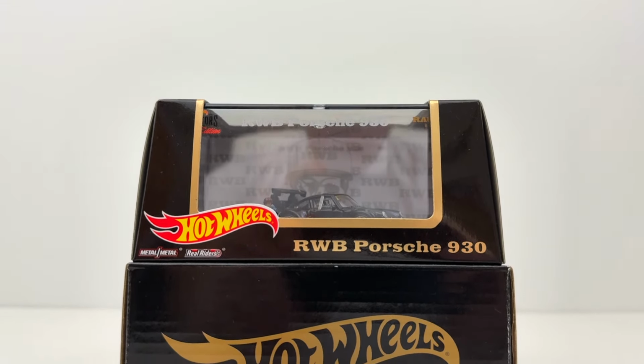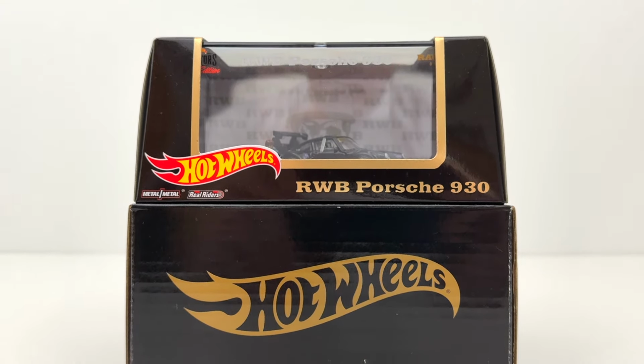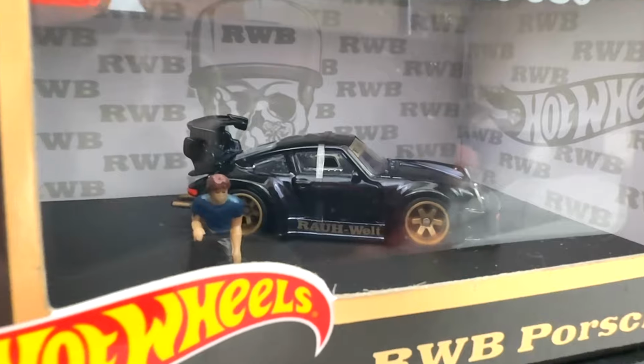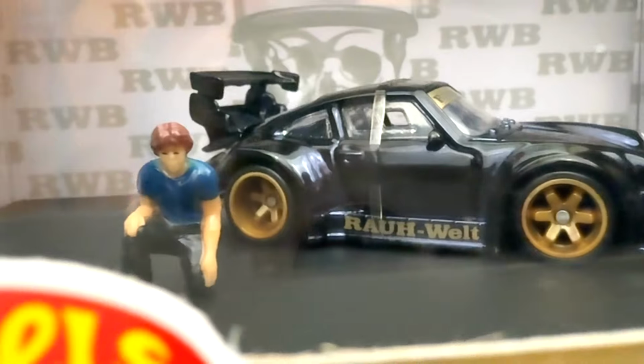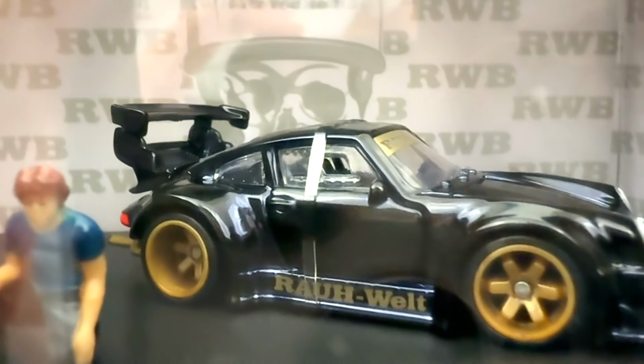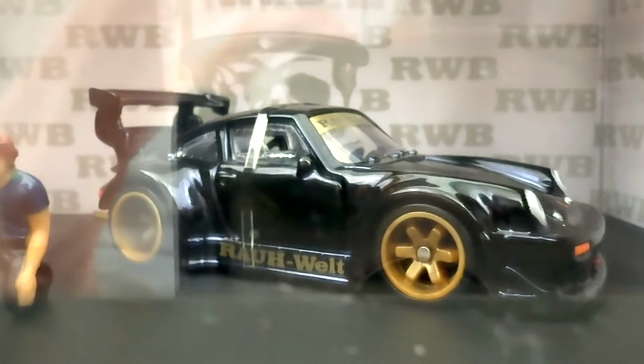perfect pop of color. A one-of-a-kind Porsche individually customized by Akira Nikai, this is the RWB Porsche 930. The special thing about this RLC boxed set is the designer himself is scaled down into 1/64 size to represent his car. The Porsche 930 has opening doors and engine compartment and gold spokes to contrast the black paint on